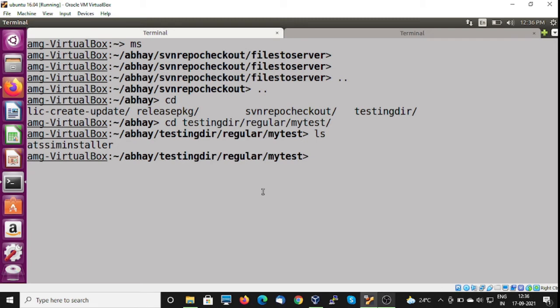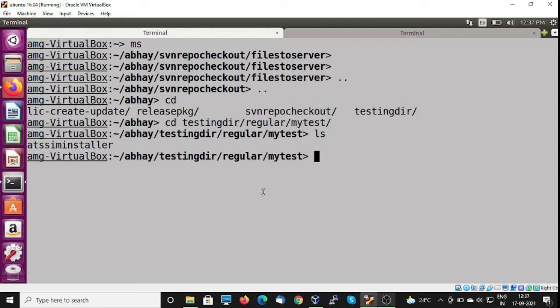There are two ways to create the license file and download the ATSM package. The first way is the default way, where in your current directory you will not set up any path for the license and the package, and the license will be downloaded in the current directory as well as the package will be downloaded in the same directory.